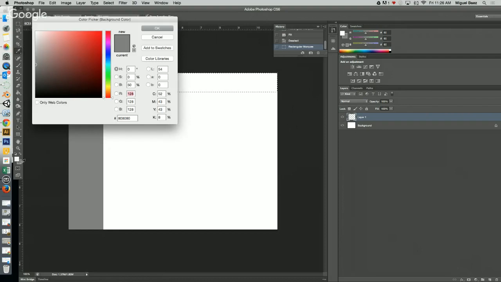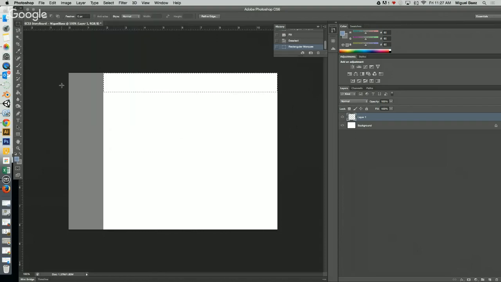I'm going to choose another color. This time I'm going to have you choose a different foreground color. For me, I'm going to do a blue. And for this, I'm going to use the bucket. The bucket tool